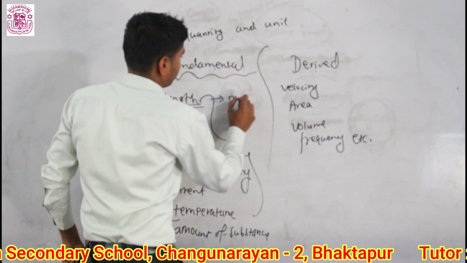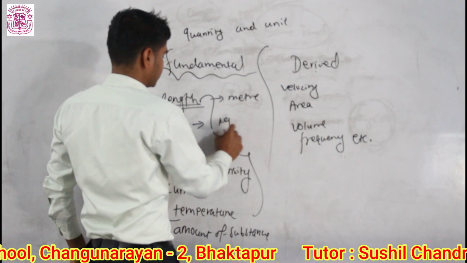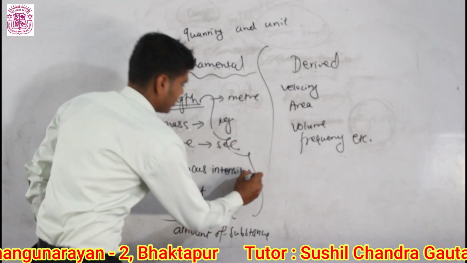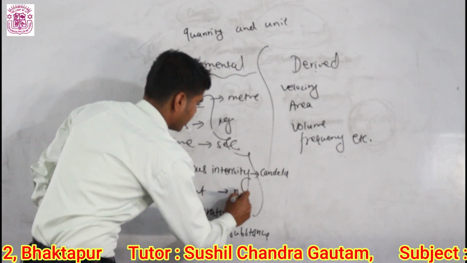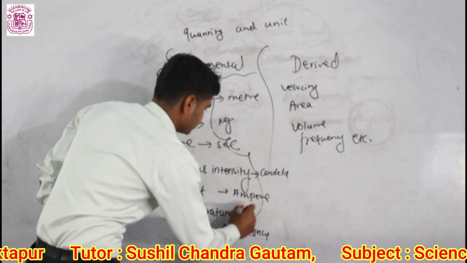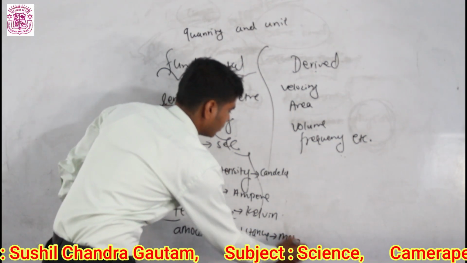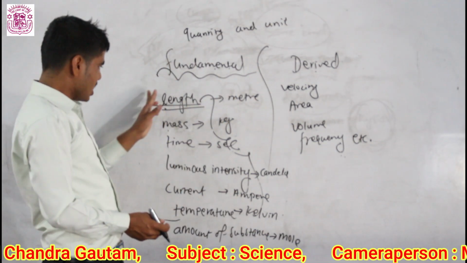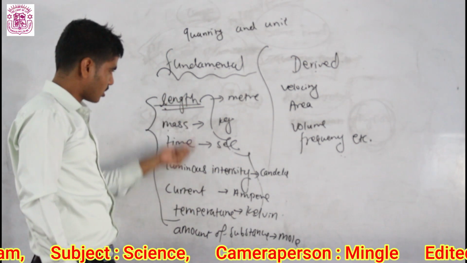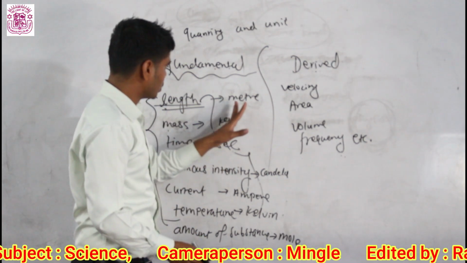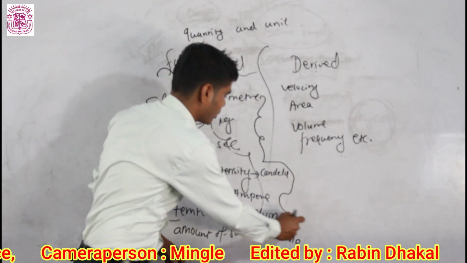Length is measured in meter, centimeter, kilometer; mass is measured in kg; time is measured in second; luminous intensity is measured in candela; current is measured in ampere; temperature is measured in Kelvin, degree Celsius, etc. Amount of substance is measured in mole. While you are using these quantities in front, these are the quantities, and what you are using behind them as a reference standard,